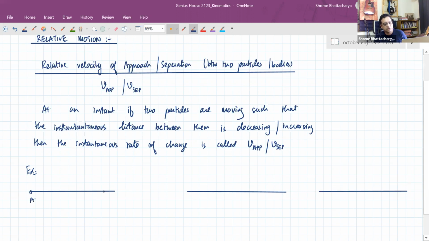So two objects A and B. The simplest case is if they are moving directly towards each other, you can just see that their relative velocity is only their approach velocity. Suppose this is moving at, let's say, 2 meters per second, and this is moving at 3 meters per second. So we can see that if the instantaneous distance between A and B is x,